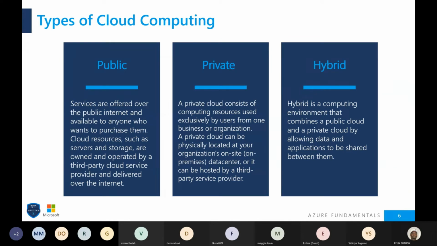When you also talk of types of cloud computing, we have public, private, and hybrid. So